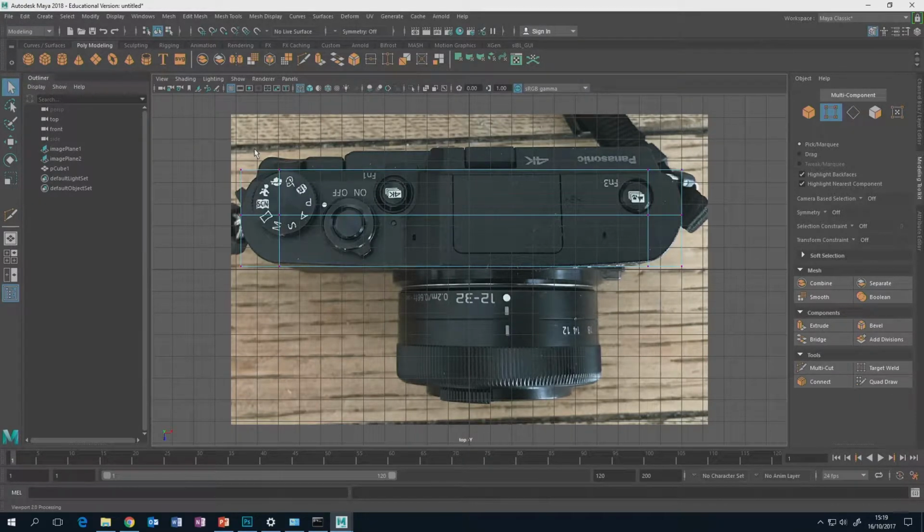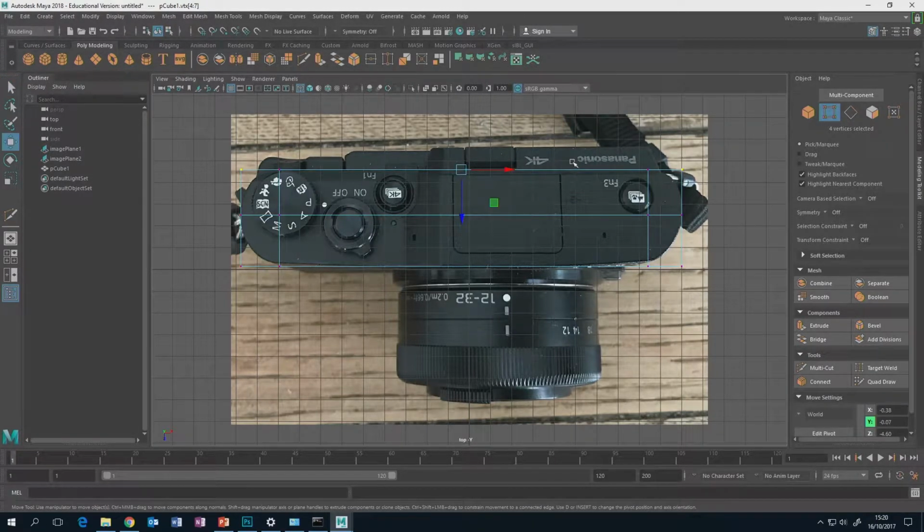This will allow me to select that set of vertices, and if I hold Shift, that set of vertices as well. Now I've got them both selected. If I was to not hold Shift, I would select that bunch of vertices, and if I tried to select this bunch, it would just switch selection. Like a lot of things in computers, same in Photoshop when you're doing masks and things like that, Shift is almost like the universal add to selection, and it works the same in 3D. So I'm going to hold Shift and select both of these. I'm going to press W to move them, and then I'm going to just pull them down a bit,